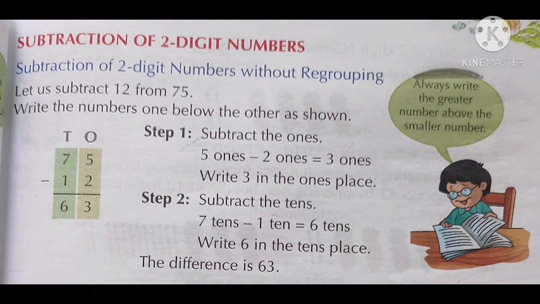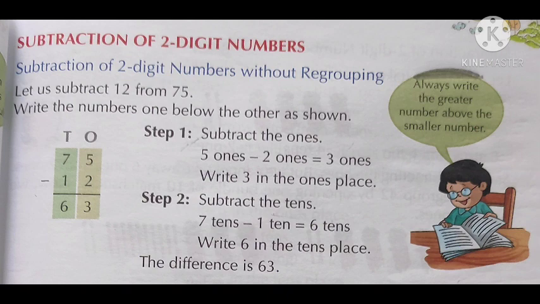Now coming to subtraction of 2-digit numbers. Subtraction we already know, it is going backwards, that is deducting the numbers. There are 2 digits given, 75, and then again 2 digits, 12. So we have to deduct 12 from 75. First we will deduct the ones side, that is 5 and 2. So 5 minus 2 will be 3. If we deduct 2 from 5, the answer will be 3.